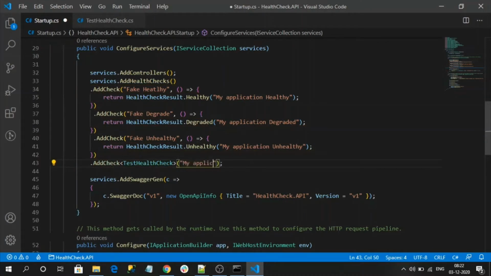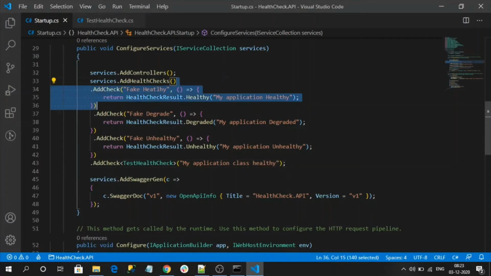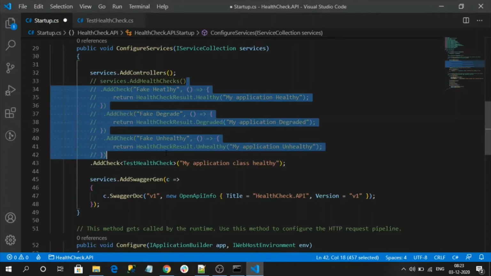My application class healthy. So let's refresh the page. Unhealthy. Okay, for getting healthy, let's comment all these and leave our new separate file health check.